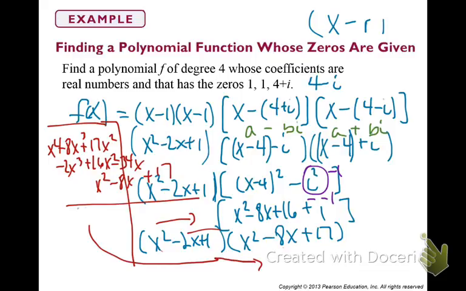You end up with x to the 4th minus 10x cubed plus 34x squared, minus 42x plus 17. So if you did not get those specific numbers, you have a chance over the weekend to go back and